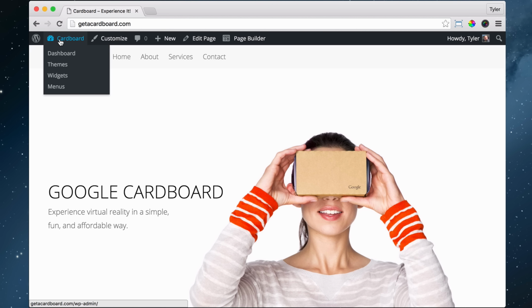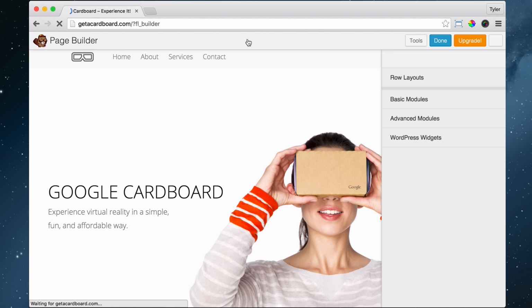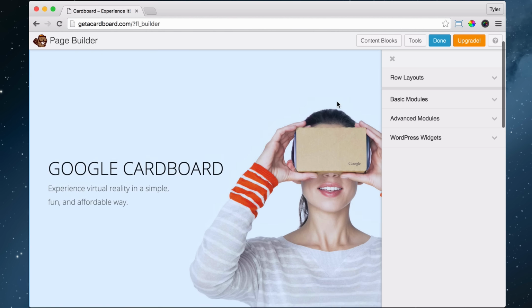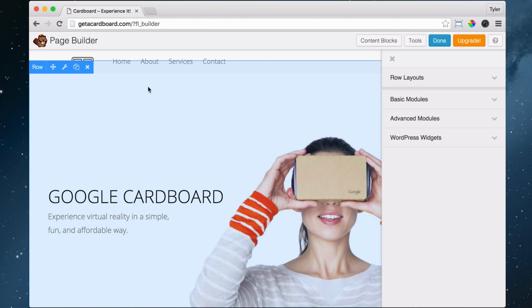So now what's our plan of attack? First, we need to open up Page Builder. And the general plan is we're going to duplicate these big rows right here. And we're going to change them, and we're going to set some of them to only show if it's on a medium or large device, which means like your tablet or desktop. And the other ones that we have duplicated, we're going to set to show only small devices, so only your cell phone. So to do that, we just click on the duplicate button,